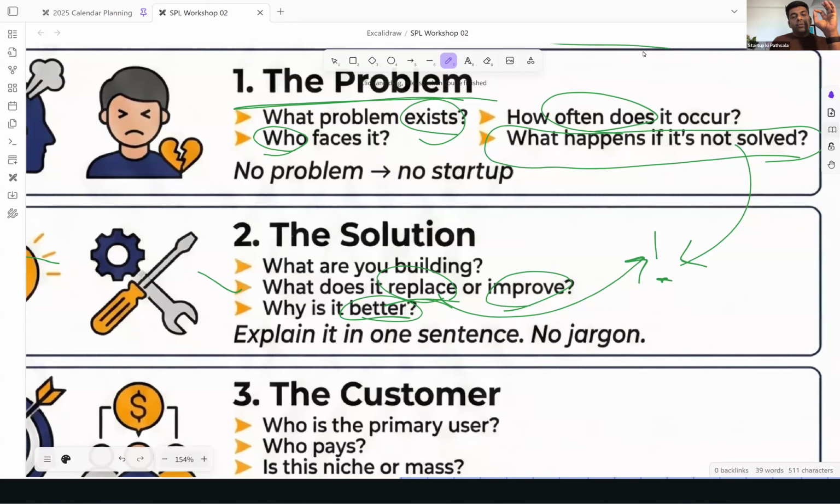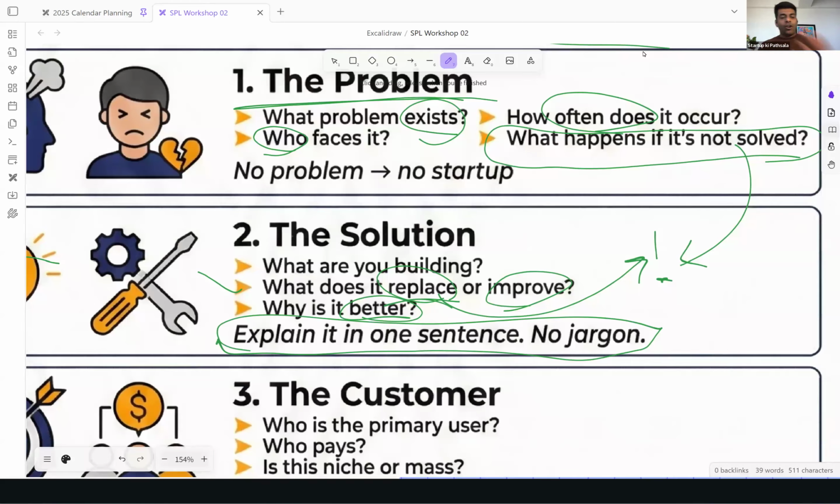The only thing to think about is: have you hit clarity of the solution? If you're able to put together the solution in a very simple one or two sentences, that means you have hit the clarity of a solution. You should be able to explain it even to a 10-year-old. That is why we always say explain it in one single sentence in a very simple way.